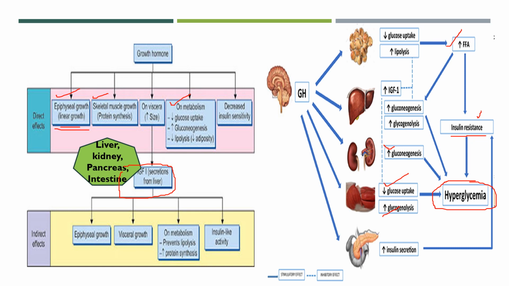Now, effects on protein metabolism, it is seen that it is anabolic. So positive nitrogen and phosphorus balance, increased amino acid entry, RNA and DNA synthesis, protein synthesis, this will happen with the help of growth hormone.